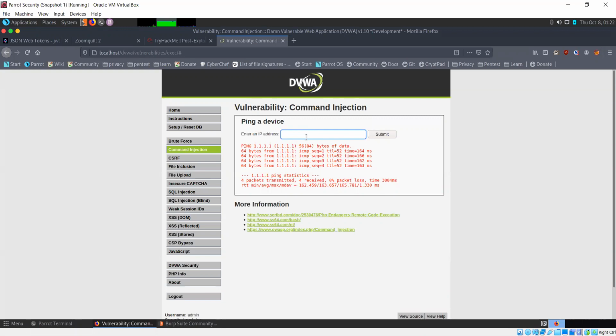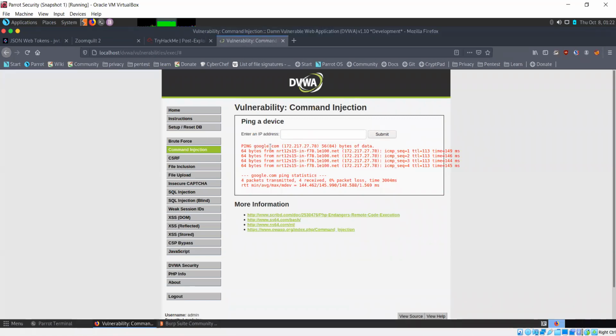Now it tells you to enter an IP. But what happens if I enter a domain? Because ping works with domains as well. But this input is telling us that we need to enter an IP. So let's try. Okay, so this is working as well. We are able to ping google.com.